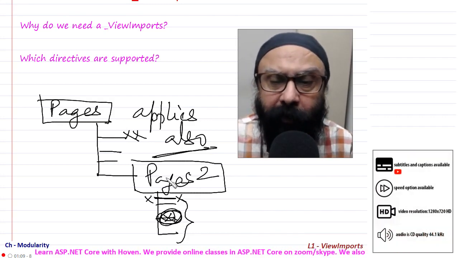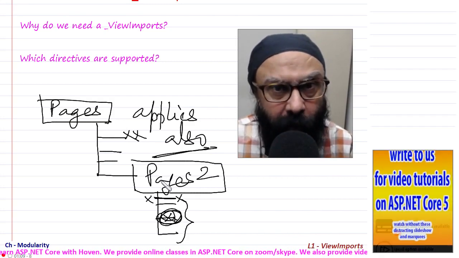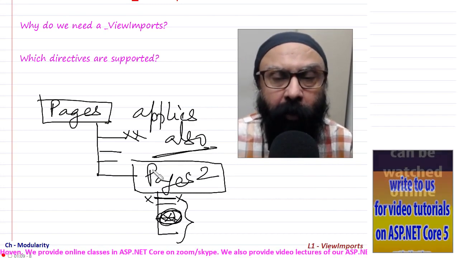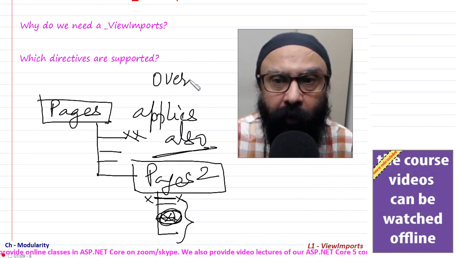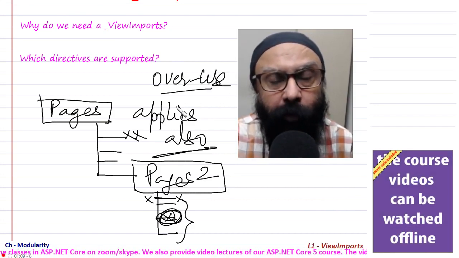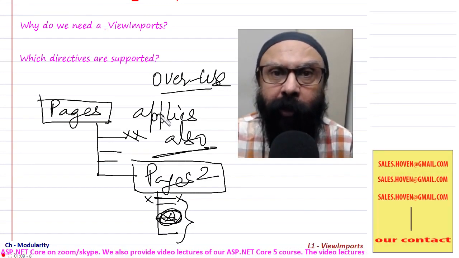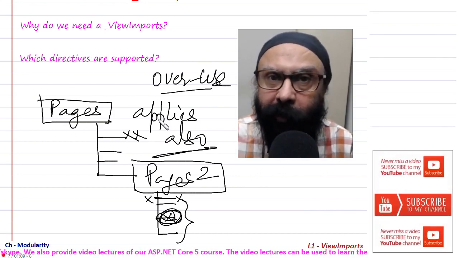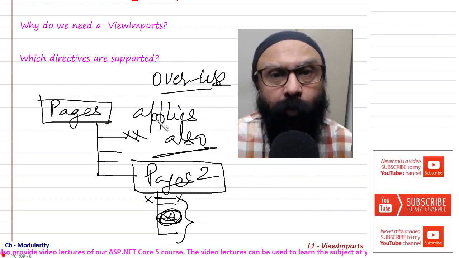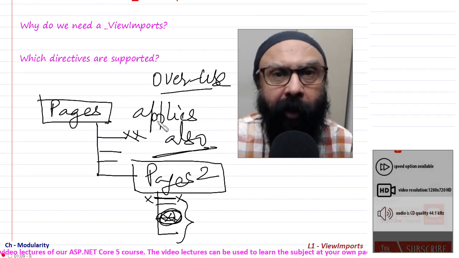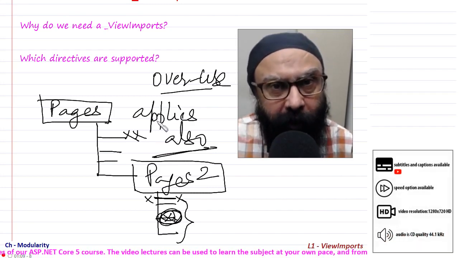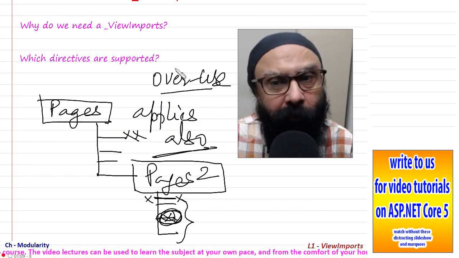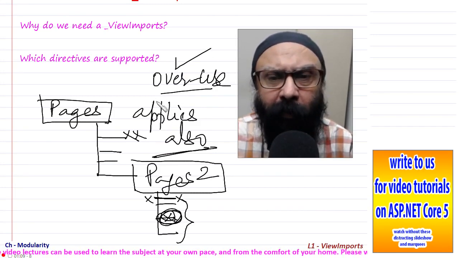So now you must have realized that if you are too tempted to overuse this ViewImports file, then there can be a lot of confusion and the basic purpose for which this file is there may be defeated because of too many conflicts and too many unpredictable cumulative effects. So that is why I personally say that do not overuse it, use it only closer to